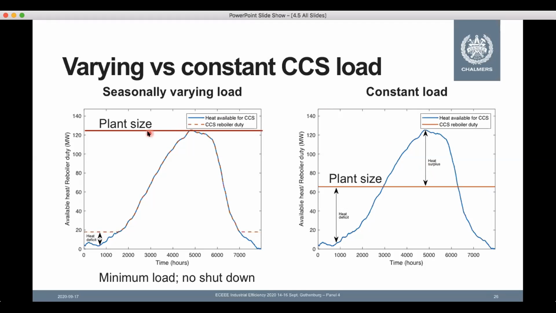If we plot the plant sizes, we see the difference here as well. So this is basically a ratio between CapEx and OpEx. And here the plant size is defined by the peak. Here the plant size is set to be the same CO2 avoided in emissions as in this one. So we're trying to achieve the same emission avoidance in both cases.